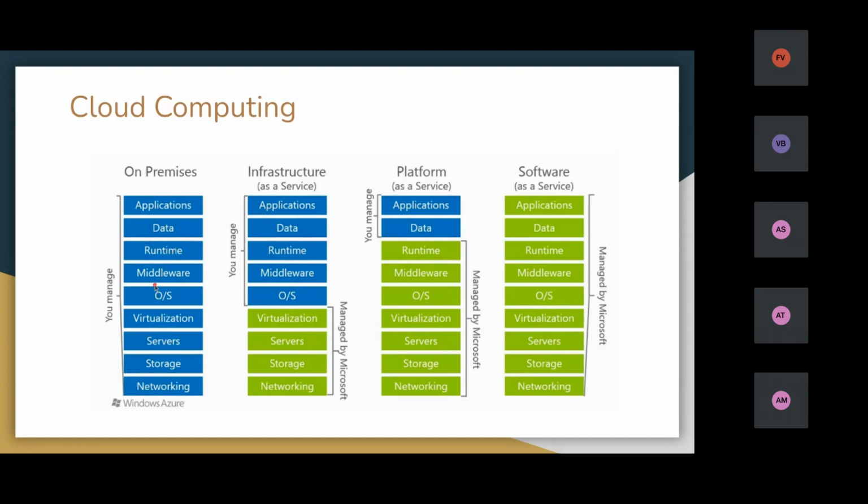Middleware is used for communication between the other layers. Then there will be runtime. The application runtime is the other applications which are needed to run our main application. Then our application data and our application. This was the case in on-premise, so we have to manage everything.